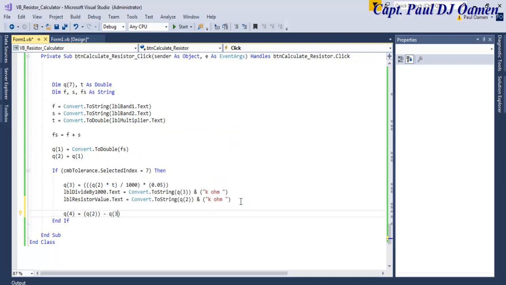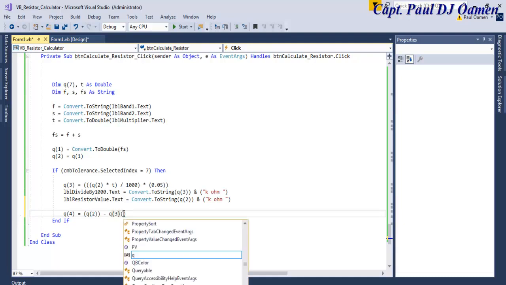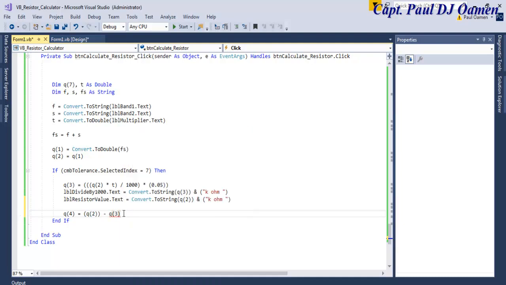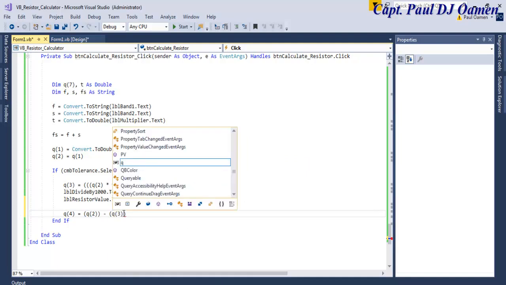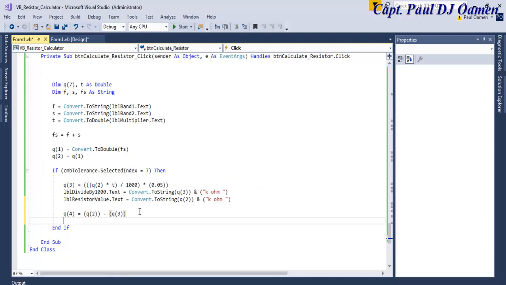Do them all in brackets here. Take away Q3 in there, and once that is achieved, we now need to